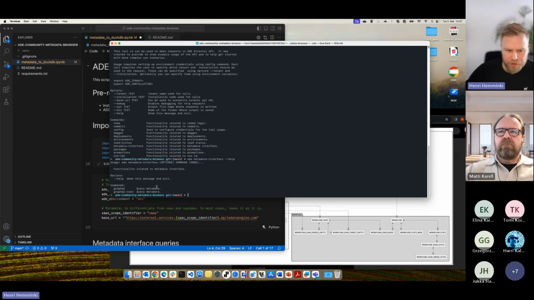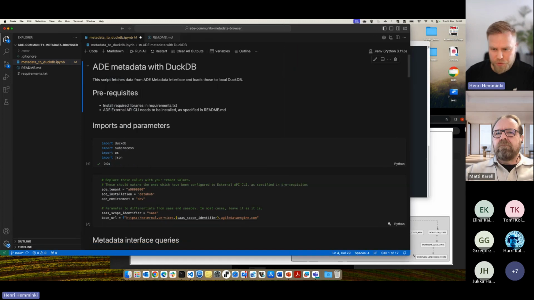This is the query language we use to fetch the data from the metadata interface. I'm showing the CLI here, but we're actually not using the CLI directly in this demo. We're just calling the CLI, and we're instead running this notebook. So I'll switch to that.